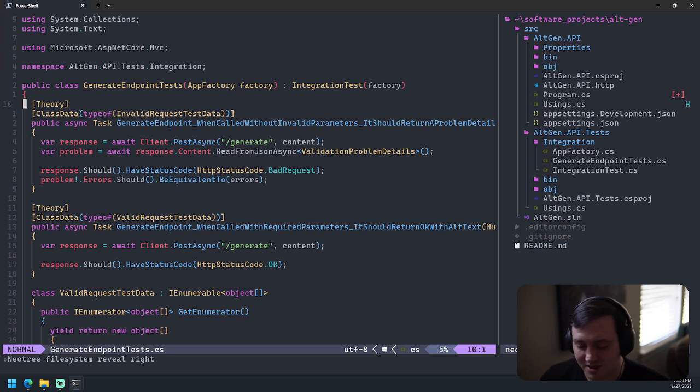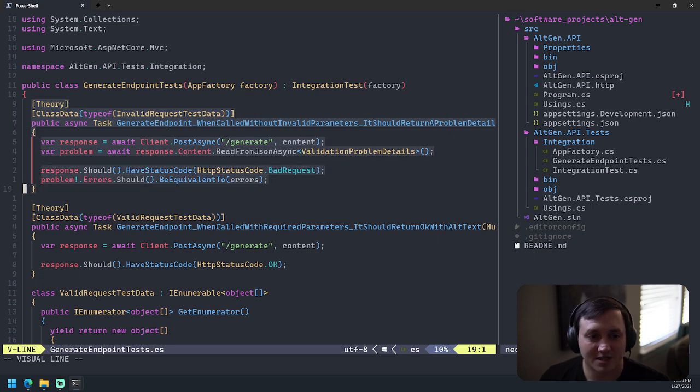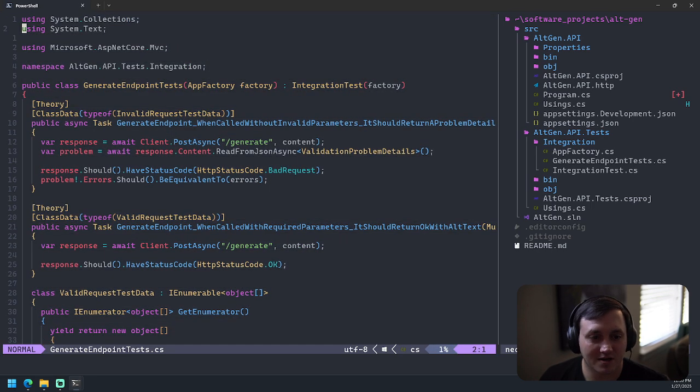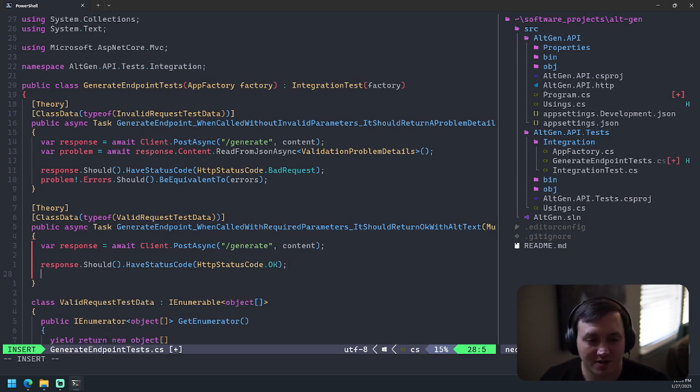This integration test basically represents my happy path. So right now, all I'm doing is making sure that I can post some content to that endpoint and get a successful response. But I also need to make sure that I'm getting the response that I would expect, right? So in this case, I want to make sure and get